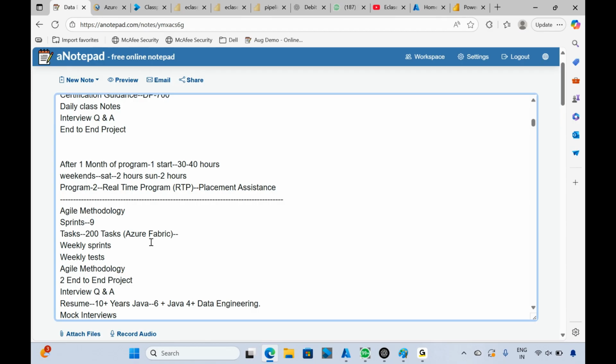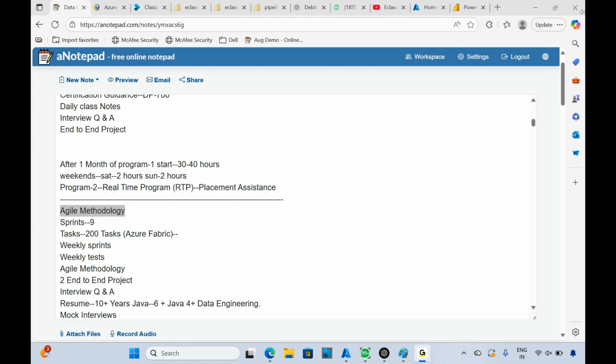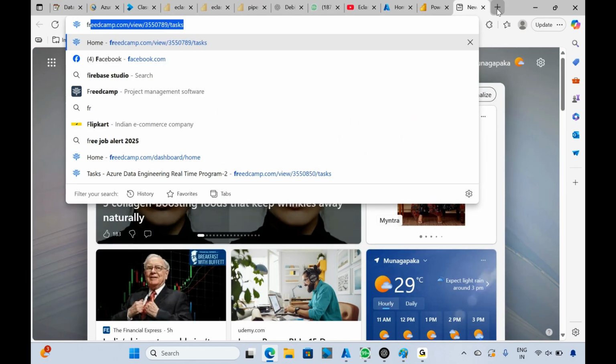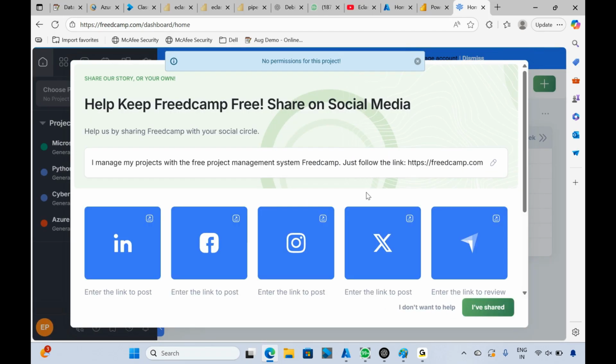So what exactly are we discussing in Program 2? To build more confidence in hands-on work, we are making this in an agile methodology. I hope many of you know that in real time, when you are working, projects run in the agile method. Am I right? If anybody is already working in the IT industry, they are aware of this. So we are going to make this entire course and projects into agile methodology, for every 3 weeks,